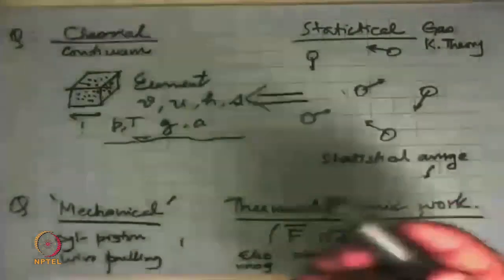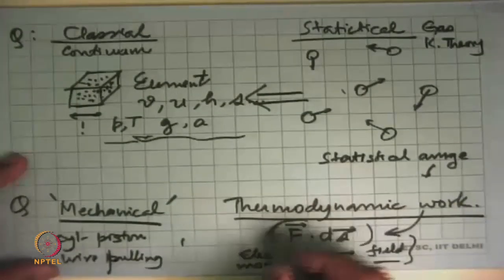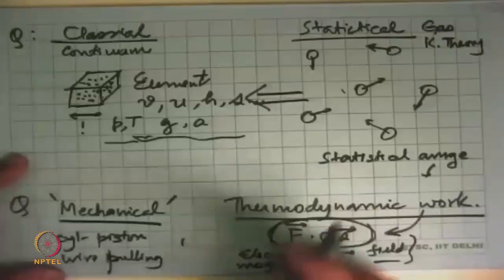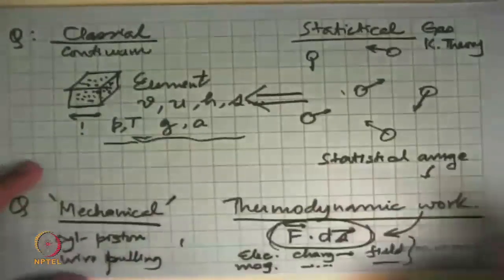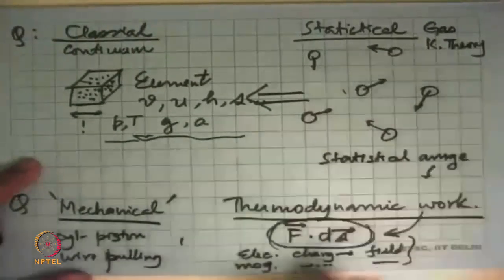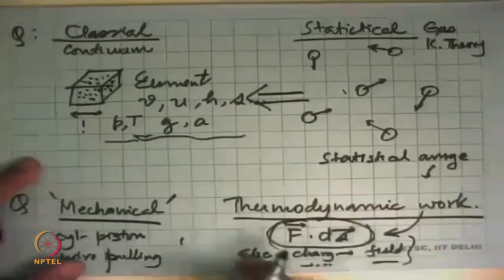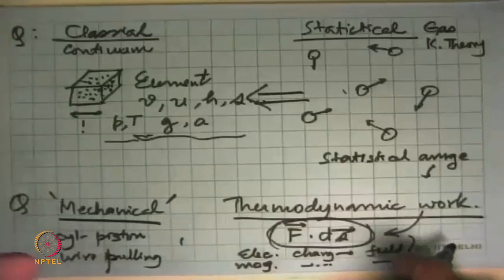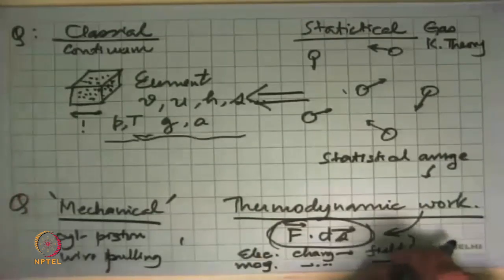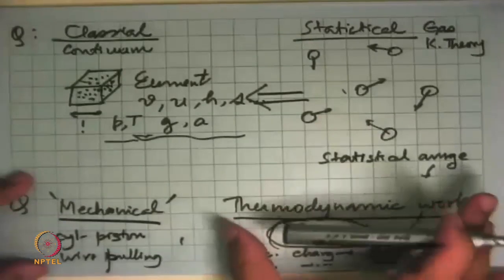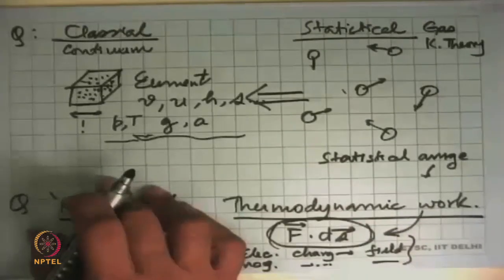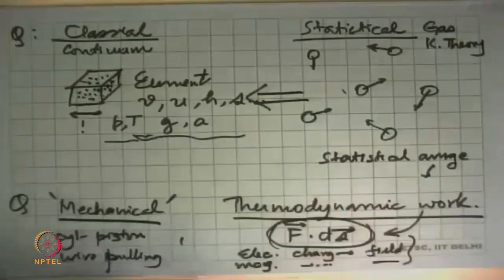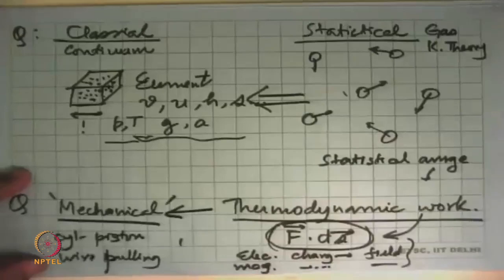So strictly, if you look at mechanical work, we have called F dot ds primarily as force on a rigid body causing a displacement. That you may say is mechanical work. But the thermodynamic definition of work includes everything that includes F dot ds. So charge moving in an electric field in a fuel cell or in a battery is still work, but we do not call it mechanical work. So this is a much broader, all-encompassing definition of all types of things where F dot ds takes place. Mechanical work we look at largely only as a rigid body being acted upon and a displacement taking place. Okay, so that is the difference. So mechanical work is a subset of thermodynamic work.